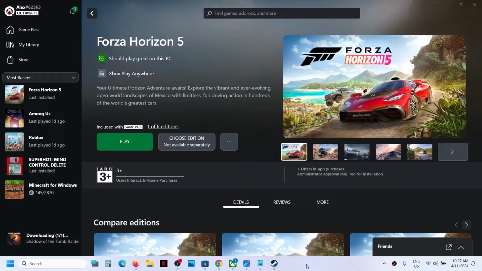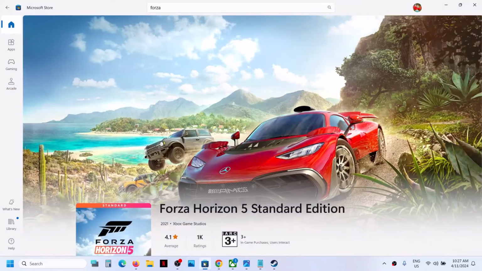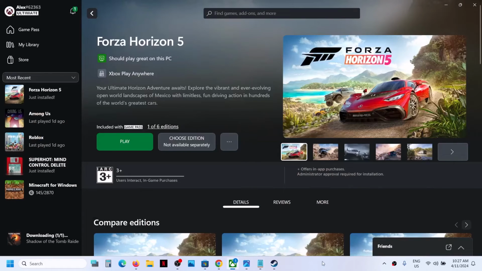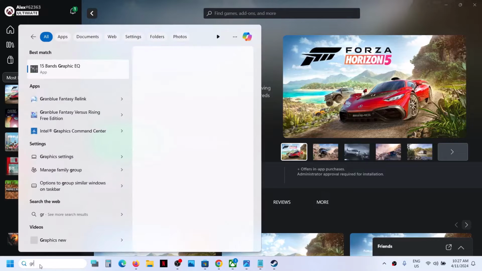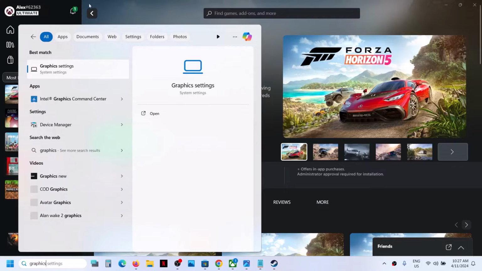Today in this video I'm going to show you how to fix when you're unable to launch Forza Horizon 5 game from Xbox app, or if you're unable to launch it from Microsoft Store, then please follow the steps shown in this video. So first of all, type in graphics settings in Windows search box and then click on graphics